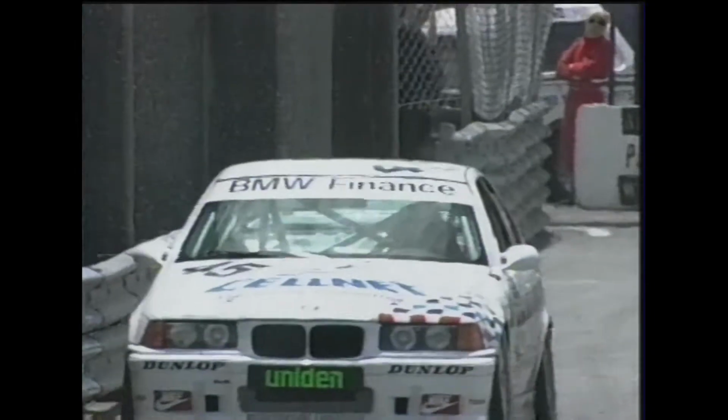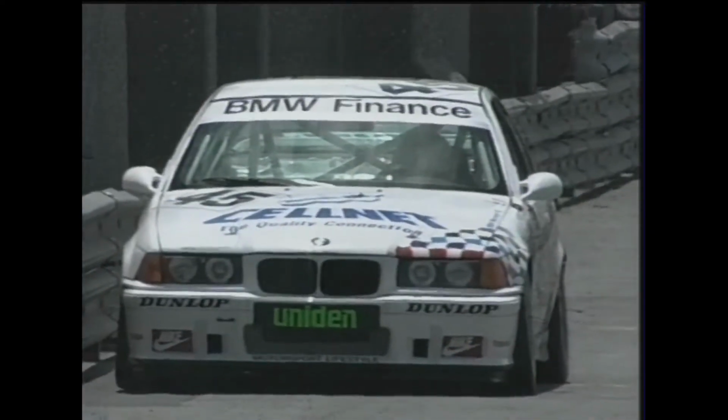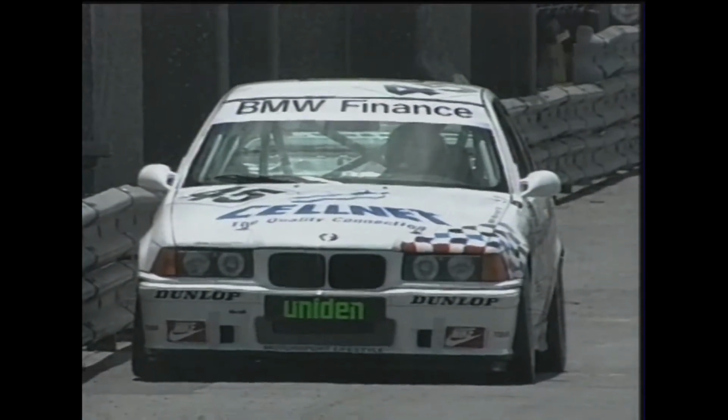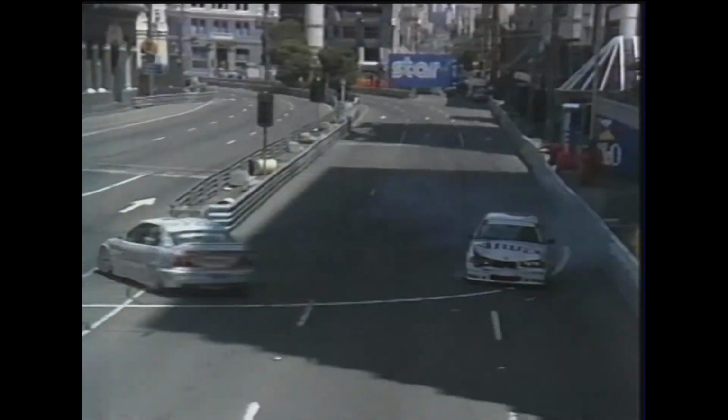It's still on. This is Craig Baird. It's the Cellnet Castrol BMW, and it is not looking good for the Kiwi. He was running in 5th spot, but that car has obviously given up for the day. And I can tell you that gap between the two leaders, as we get some awesome shots there. We see Steve Soper just thrown in the...